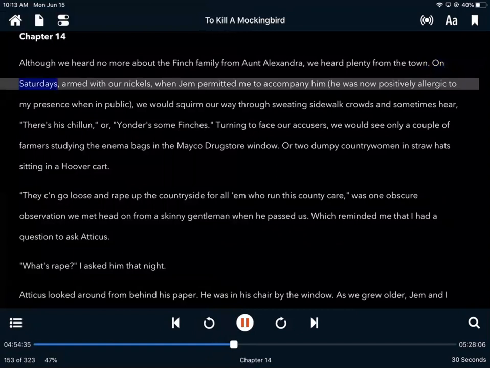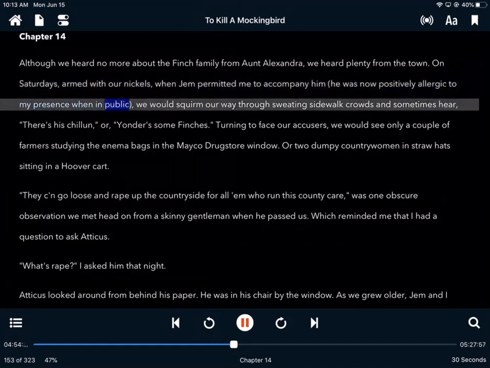On Saturdays, armed with our nickels, when Jem permitted me to accompany him, he was now positively allergic to my presence when in public. We would squirm our way through sweating sidewalk crowds and sometimes hear, "There's his chill on,"